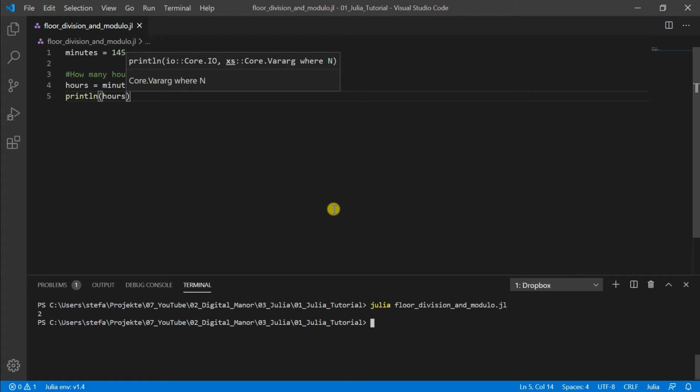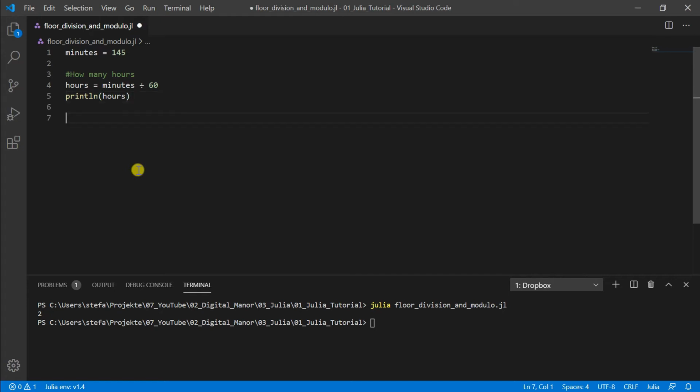And then we see we get here an integer back, only 2, even if we have here 2 hours and 25 minutes. So how do we get now the hours and the minutes? For this we can just easily use our modulo. So we have here our second case, how many minutes,